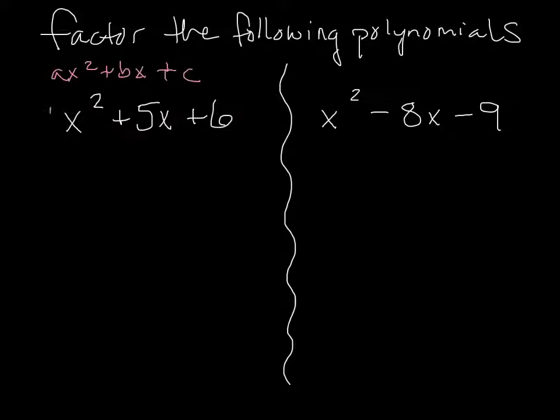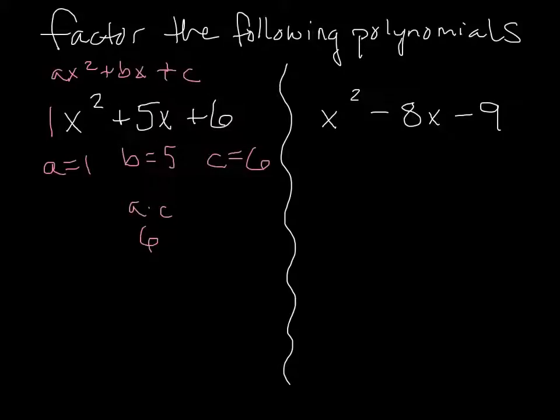So your number a, here a equals 1, is always in front of x squared, b is always in front of x, and c is always a number without a variable. What we're going to do is multiply a times c, and that gives us 1 times 6, which is 6. So in order to properly factor this, keep in mind